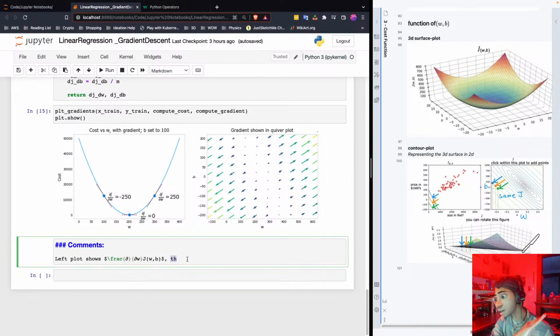A slope along a curve is always going to create a tangent when you're talking about it in terms of derivatives. Slope of the cost curve related to